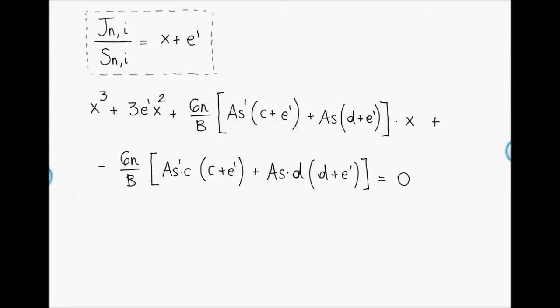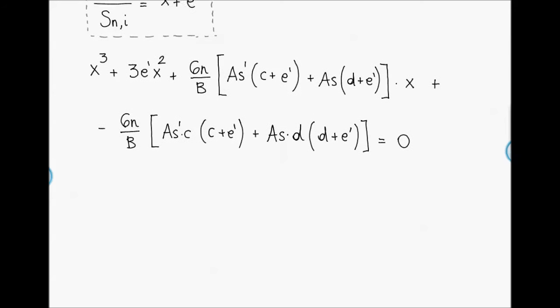This equation has a unique real solution, so by solving it we are able to find x, the neutral axis position. Once we know the neutral axis position, we can evaluate the stresses